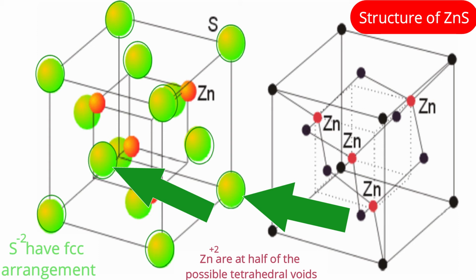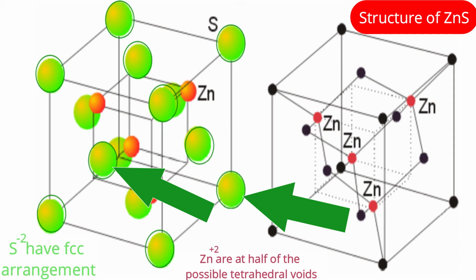Let me talk about the sulfide at the corner first. From this diagram, we are finding that one sulfide is linking to only one zinc. But in true sense, if we continue this unit cell structure, how many zinc ions will surround one sulfide at the corner of a cube? That we have to find out. We know that the corner of a cube is shared by how many cubes? 8 cubes. Means the sulfide which is at the corner of a cube is shared among 8 cubes.